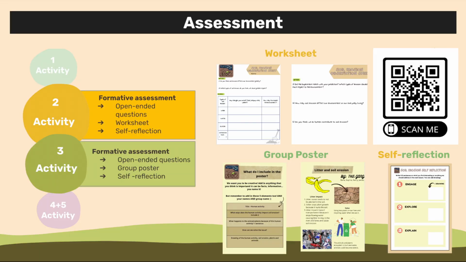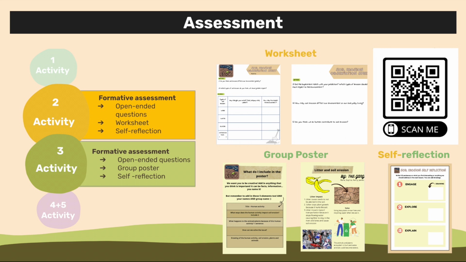For the explore activity, informal assessments such as observation from teachers can be done for understanding students' responses using the prompt questions or the conversation with their peers. Teachers can also use this opportunity to clarify any alternative conception students may have regarding soil erosion. We have also included a formative assessment worksheet about the experiment for students, where students are asked to make predictions, record observations, and also extend their thinking. Teachers will have the opportunity to collect the worksheet at the end to examine the students' responses and make adjustments